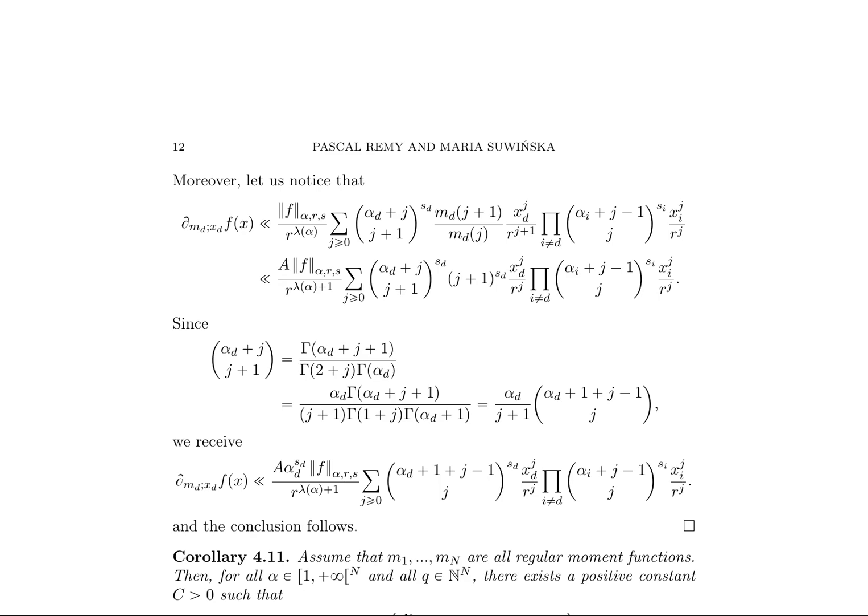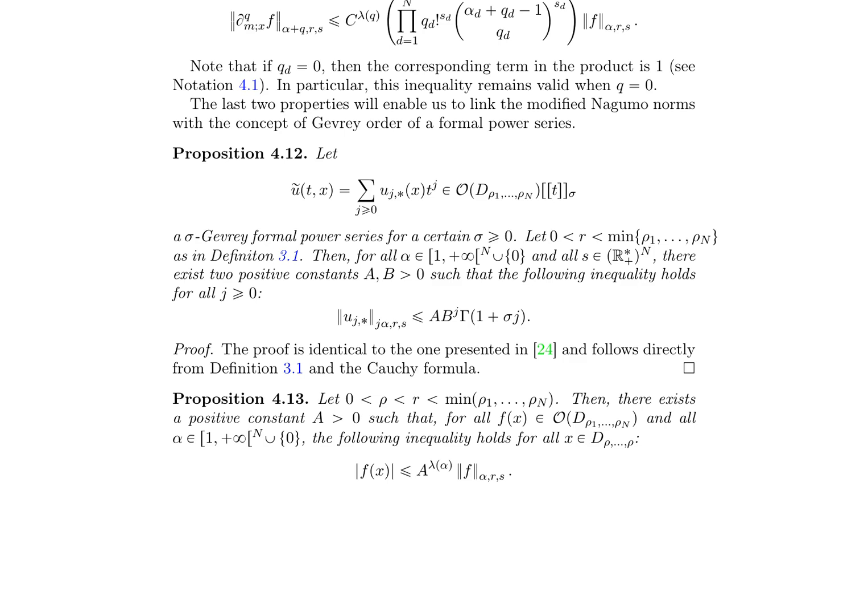Lastly, Proposition 4.13 addresses the issue of bounding the pointwise values of a function using its modified Nagumo norms. It claims that there exists a positive constant a such that for all f, x in OPD ρ, and alpha in [1,